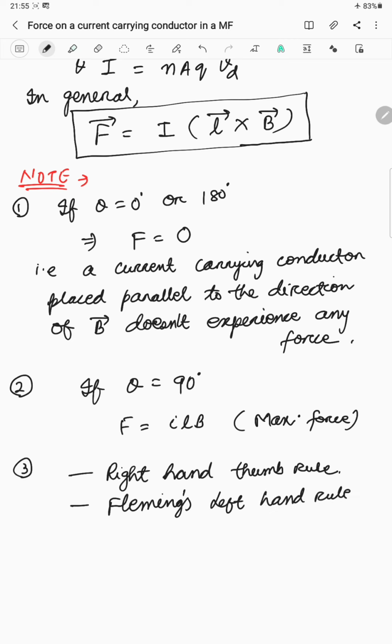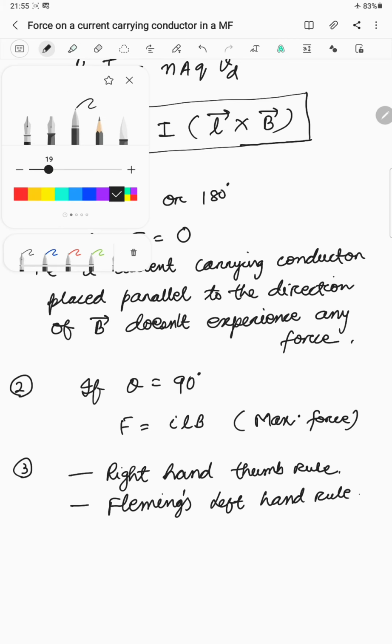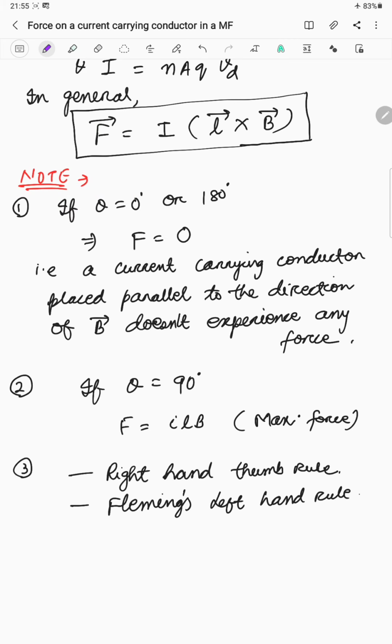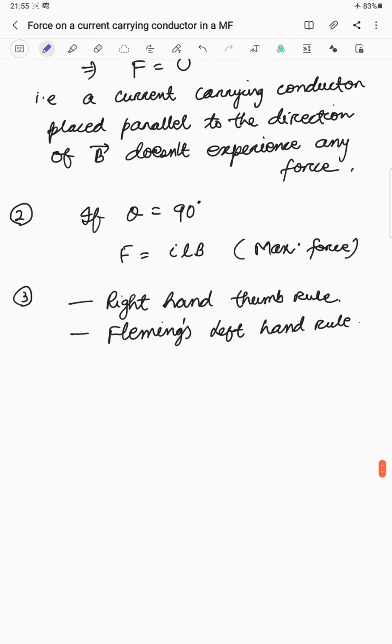Okay, so these are the two rules by which we can easily find out the direction of the force. Now, right hand thumb rule you all are acquainted with, because I've already shown A cross B is equal to C, how we have found that. And I'll do some problems related to it also. Now this Fleming's left hand rule, you can apply this, and moreover this comes for a 1 mark question, that what is your Fleming's left hand rule. So let's write the definition of Fleming's left hand rule.